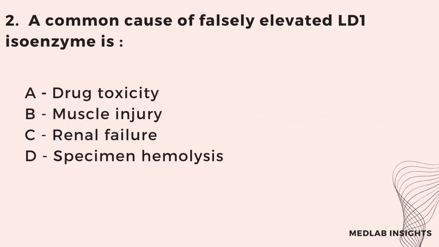Next question. A common cause of falsely elevated LD1 isoenzyme is, options are A. Drug toxicity, B. Muscle injury, C. Renal failure, D. Specimen hemolysis. The answer is option D. Specimen hemolysis. Since LD1 isoenzyme is predominantly present in RBC, hemolysis can lead to a false elevation in LD1 isoenzyme